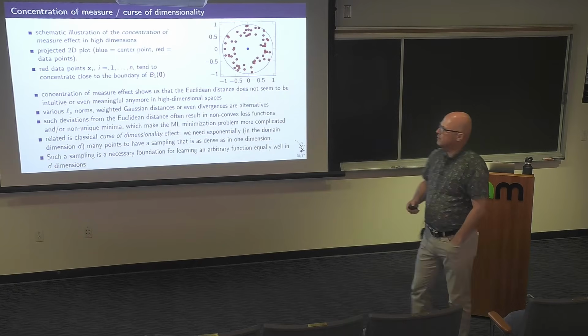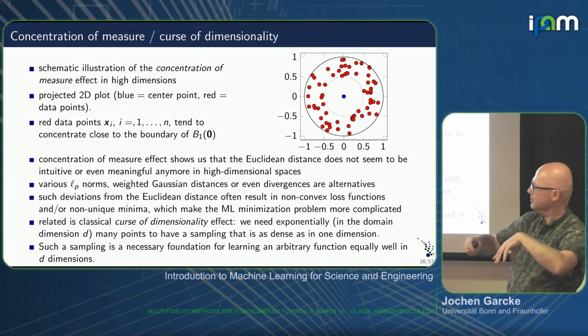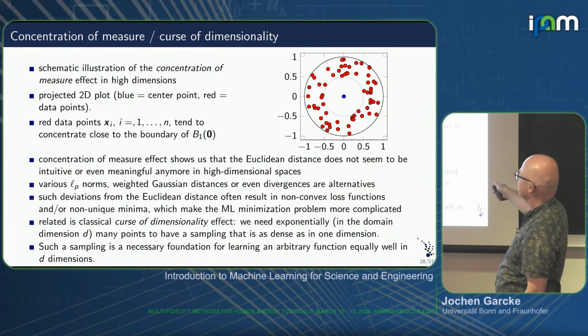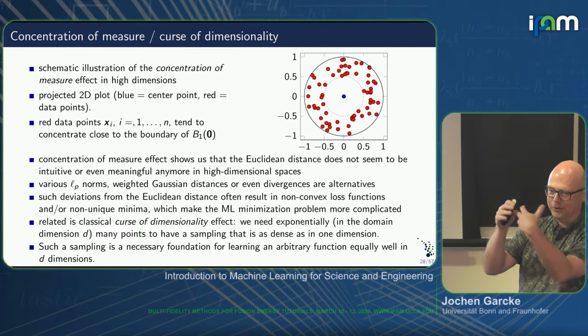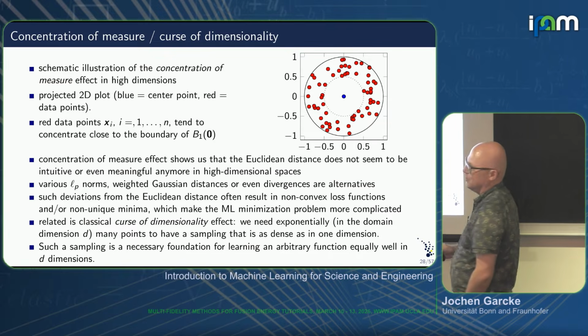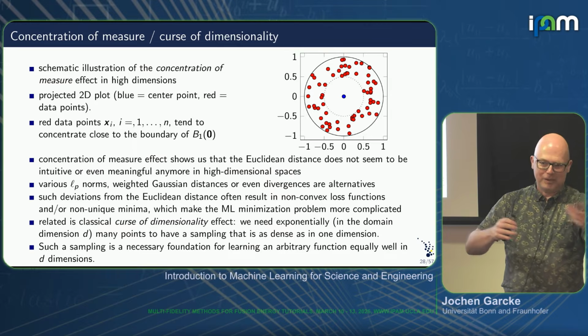And we shouldn't forget things like the curse of dimensionality. Concentration of measure, basic idea: I have random samples in 100 dimensions. I randomly pick one data point, measure the Euclidean distance of this data point to all others, and project it down to 2 dimensions so that the picked one is in the center. Surprisingly, or maybe not surprisingly, all the other data points lie in a circle around it, which is a bit strange. All are a similar distance away.